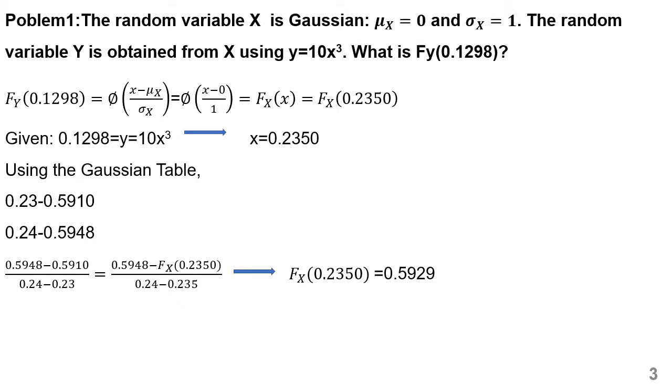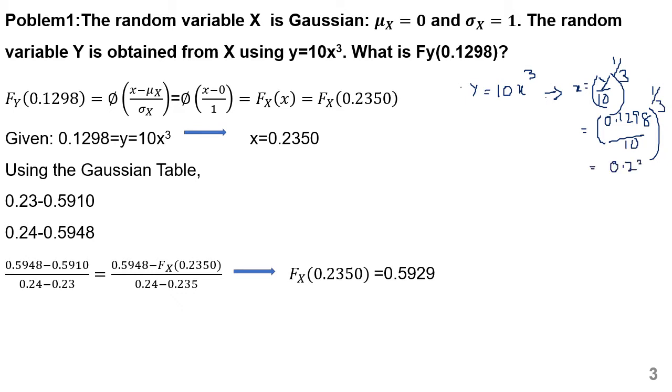0.1298? We know the relationship between y and x is given. y is equal to 10x^3. So this gives x equal to (y/10)^(1/3). If y is equal to 0.1298, then the x value, when you simplify this, is 0.2350, and this value